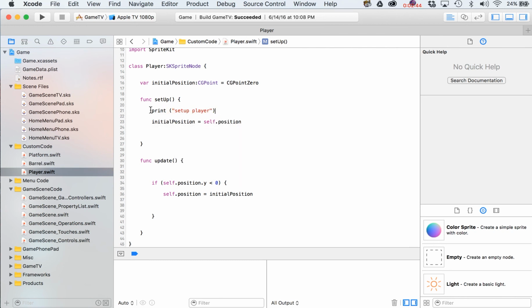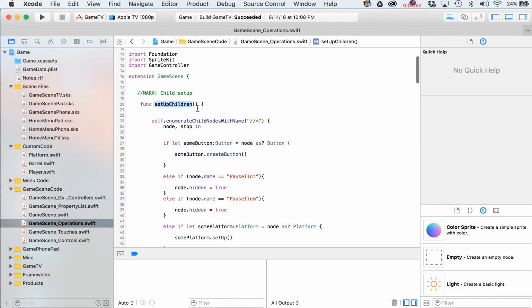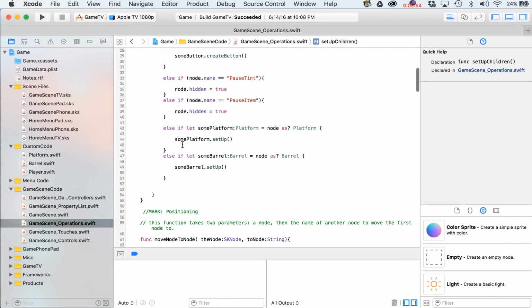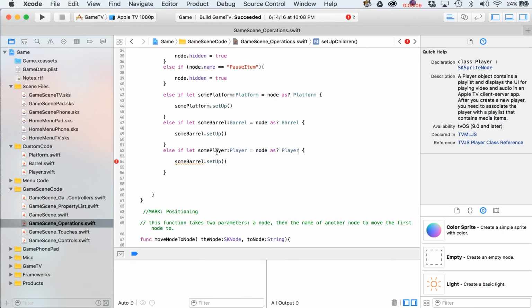And of course, we actually need to call setup on this. And if you remember, we have in, I believe it's our operations file, a function called setUpChildren, where we basically just look through all of the children in the scene. This is how we set up our platforms, our barrels. So I'm just going to copy out this else if statement over here. And so if the code comes across a player, then in that case, what it's going to do is create